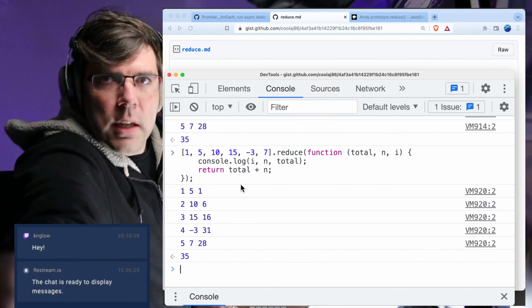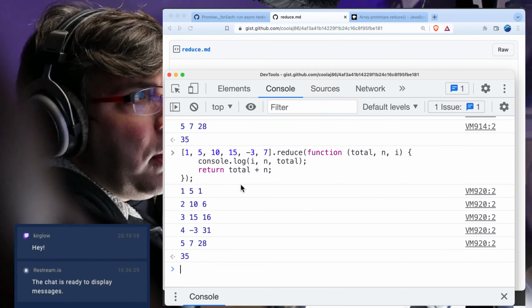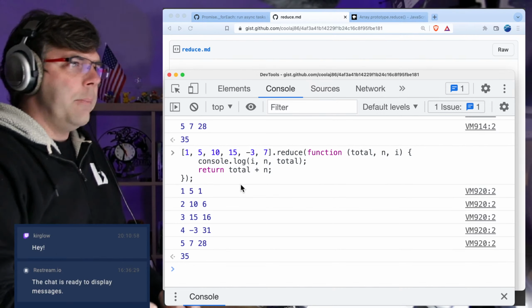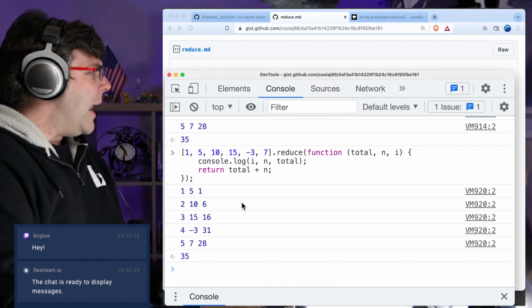So let me adjust the camera here a little bit again. I was playing with this earlier today, and now it's all out of whack. Okay. Now,